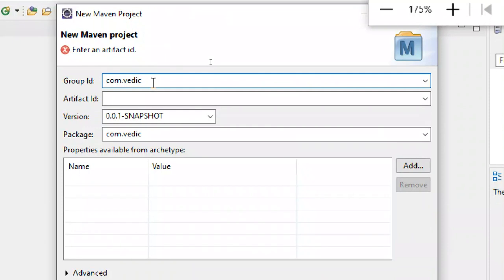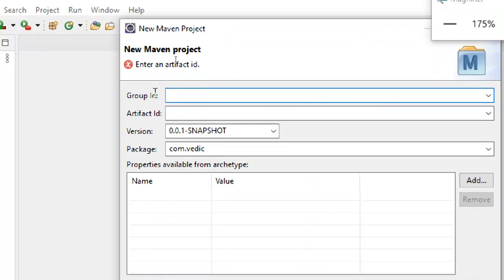And we have to give a group id. Anything you can give as a group id, or demo, or cts, or anything you can give as a group id. I will give group id as cts. Okay, anything I can give, so no problem.